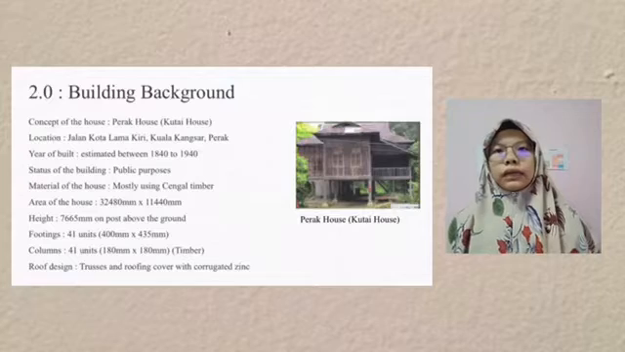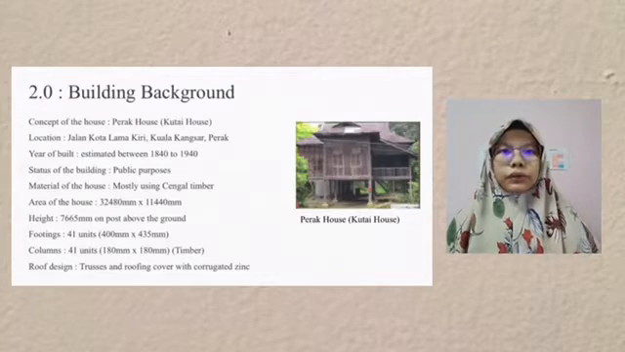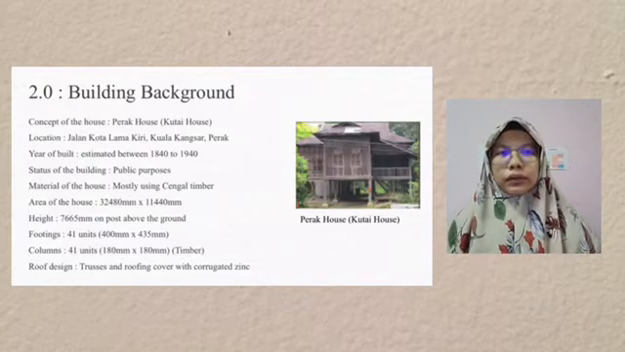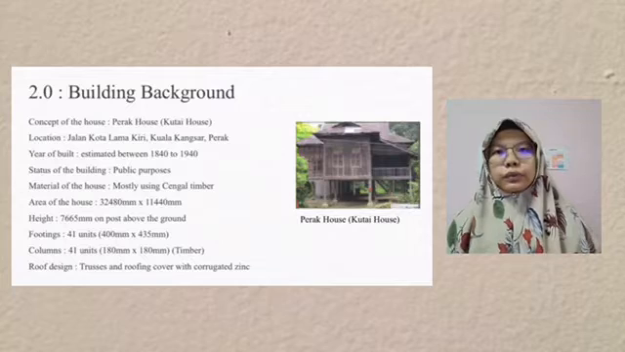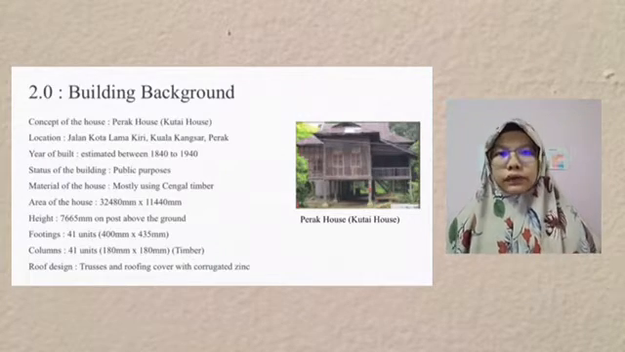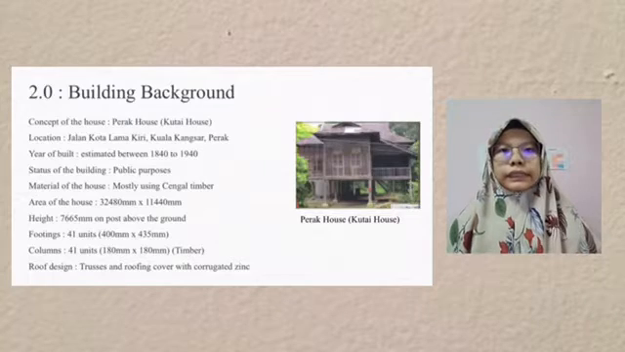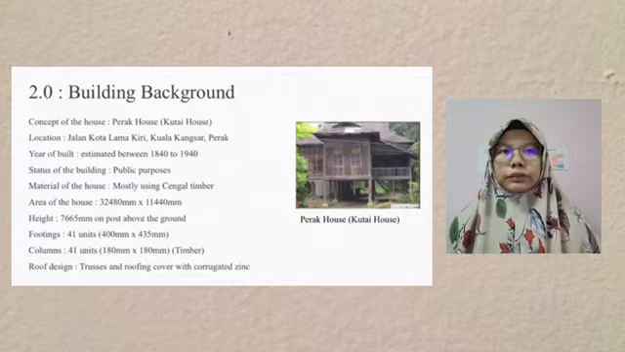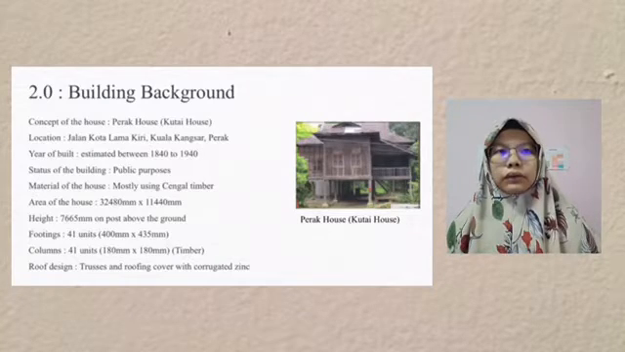Building background. In this case study, the house is the Perak House or Kutai House, which is located at Jalan Kota Lama Kiri, Kuala Kangsar, Perak, and was built around 1840 to 1940. This house is currently used for public purposes and was built using mostly cengal timber. This building was built with the height of